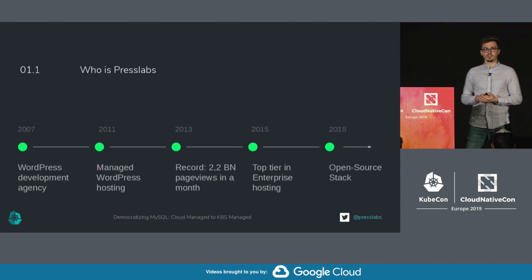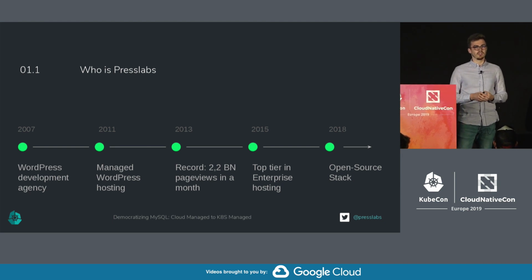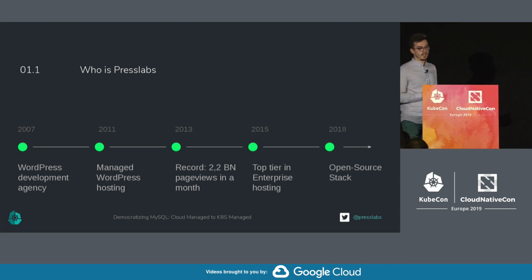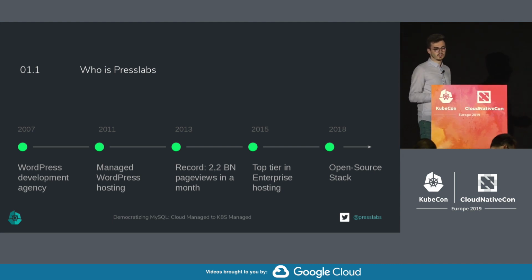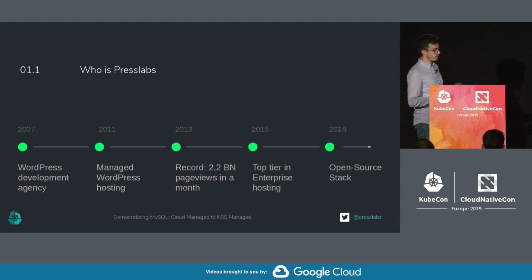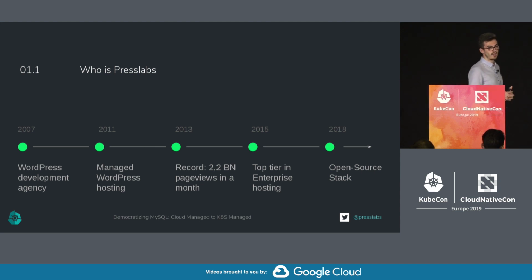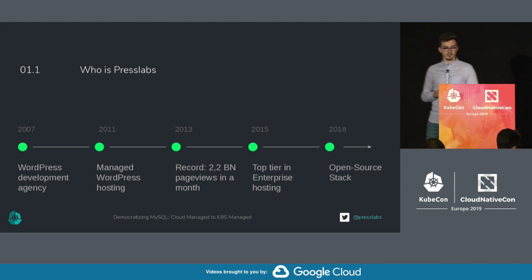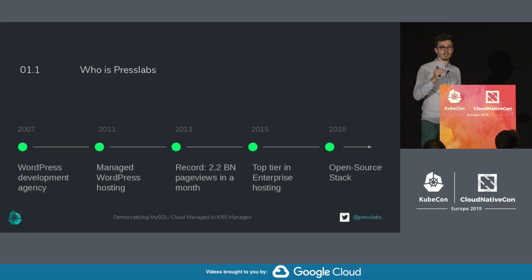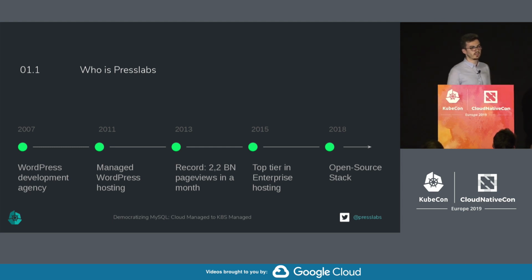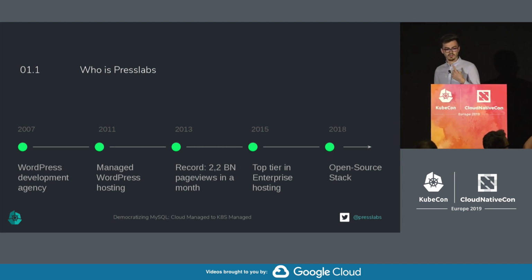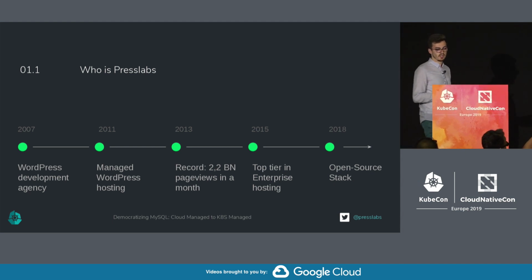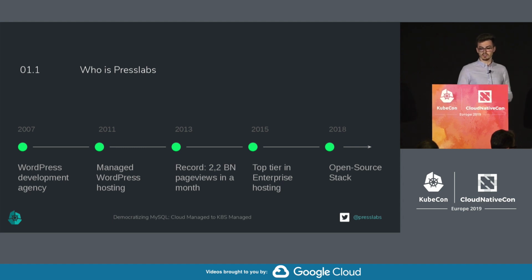We are a managed WordPress hosting company, doing business for more than 10 years. We started as a WordPress development agency, then we pivoted towards the hosting business. After serving both publisher and enterprise clients for several years, we came to realize that all companies in the global top-tier enterprise were doing the same thing, including us. So that's when we started thinking about open source infrastructure that could become the WordPress hosting standard,